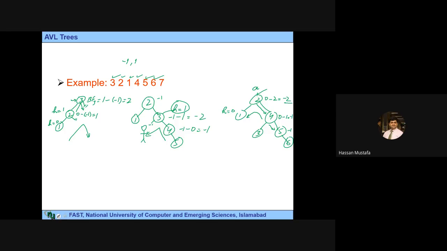Let's say, just for an insight, for example, if I had 6 here and 5 towards left of this, still 2 is imbalanced. Can you guess the rotation for this scenario? 2 is right heavy, and after the right child,